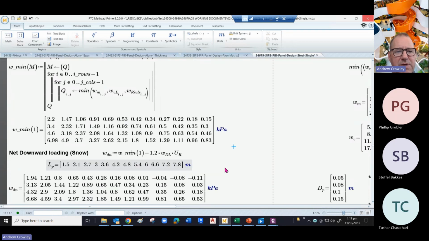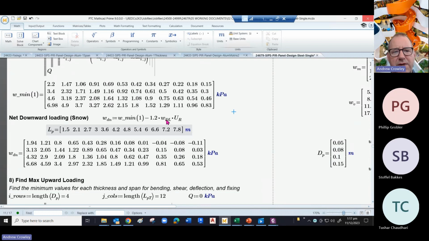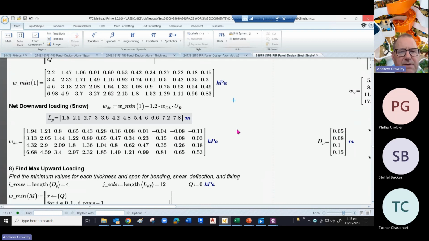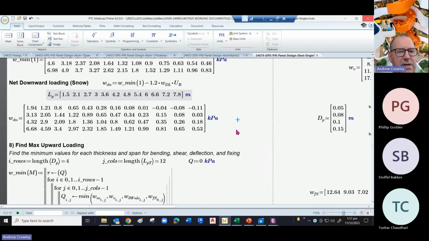However, perhaps we need to include the dead load, and the dead load is combined with the snow load with a factor of 1.2. So therefore we remove the dead load from the list above to find the downward maximum loading, and you'll notice that in some cases we have a negative value, which would imply that the panel can't even stand up to its own weight, which when you think about the span to depth ratios we're looking at is not really surprising. We do a similar thing for wind upload,